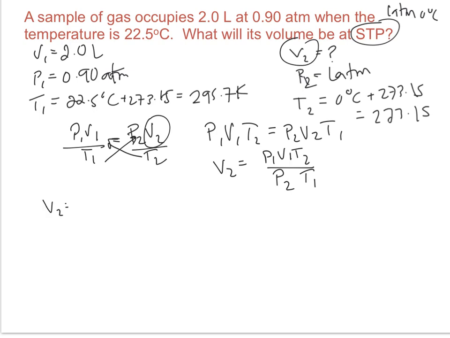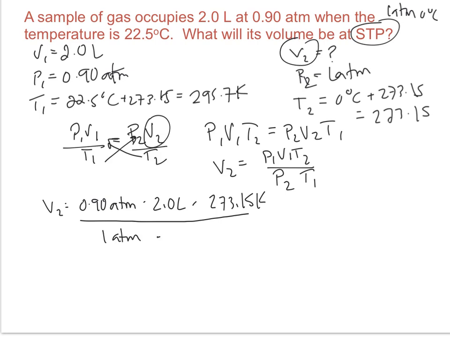So V2 is going to equal 0.90 ATM. Notice I'm plugging in my units as well. V1 is 2.0 liters. Our T2 is 273.15 Kelvin. That's all going to be divided by 1 ATM times, let's see, T1, which in this case is 295.7 Kelvin. Now obviously we're going to just do the math, multiply all the numbers on the top, divide by the bottom, and that's going to give you